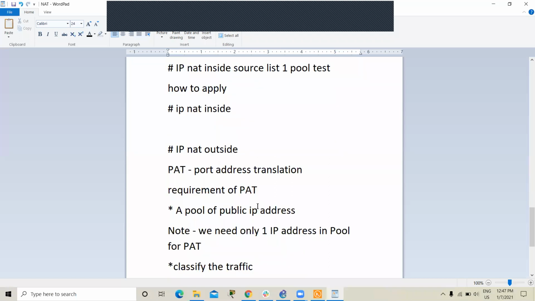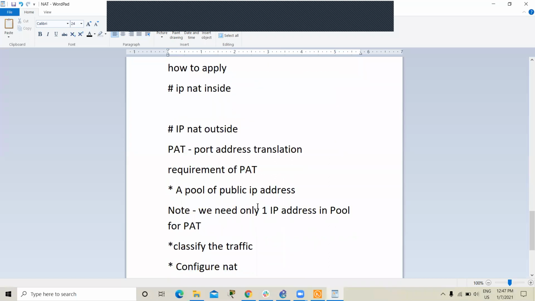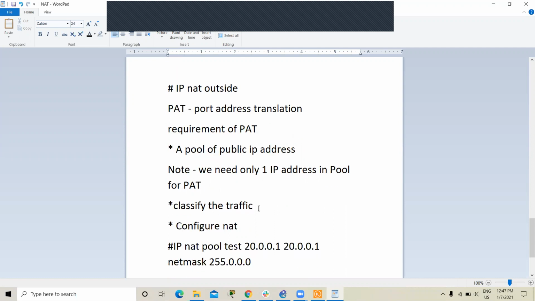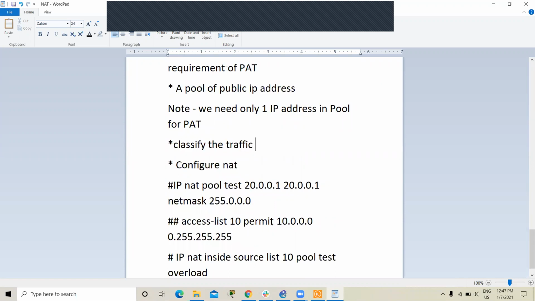So PAT is port address translation. The requirement of PAT is the same: a pool of public IP addresses. We need only one IP address in the pool for PAT. Classify the traffic by using an access control list and then configure the NAT.